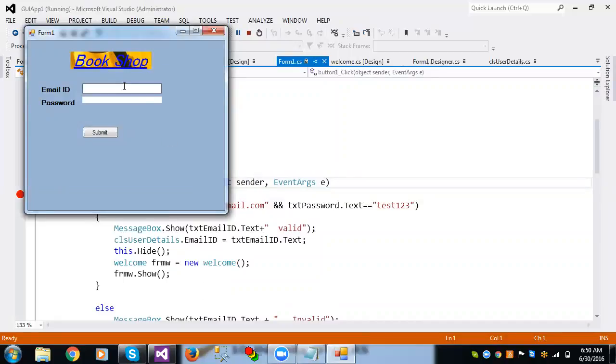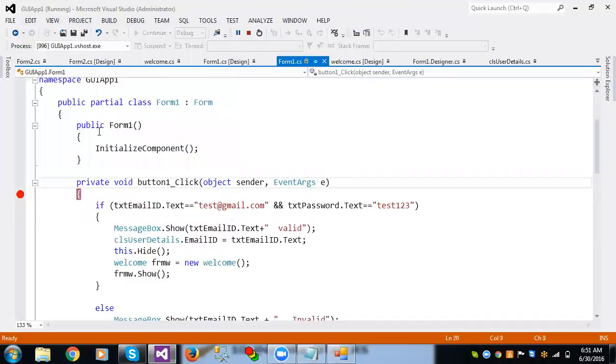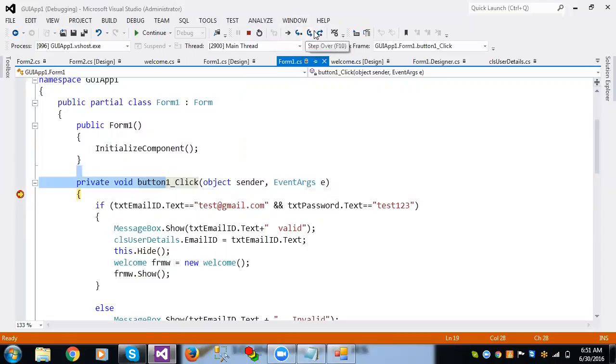Now what we have to do? Email ID: test@gmail.com, and password: test123. Click on submit. Whenever we click on a button, the button click will fire. Now here the step-by-step activities: debugging, tools, F11, first line, and we need to monitor the values, the text box name,